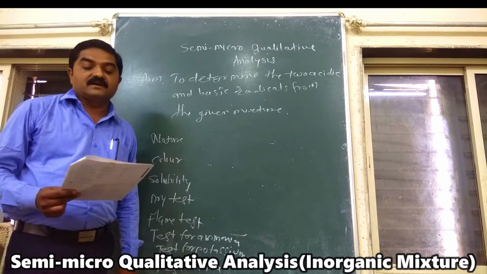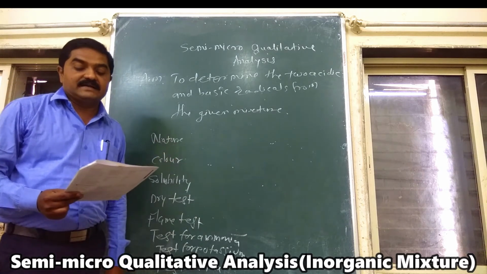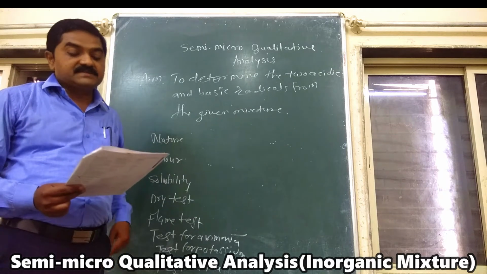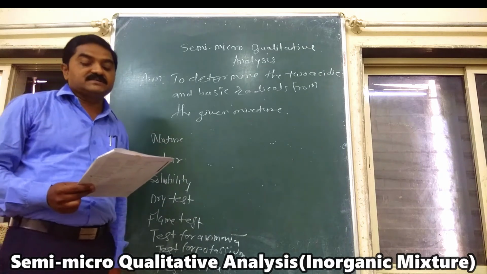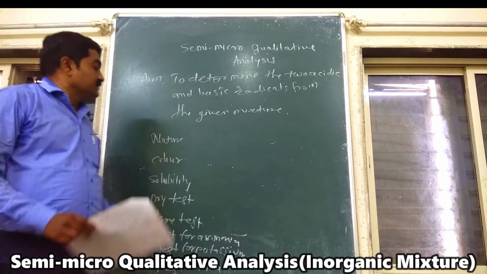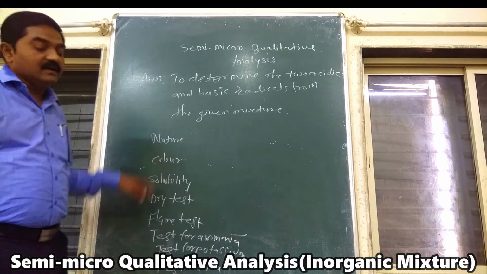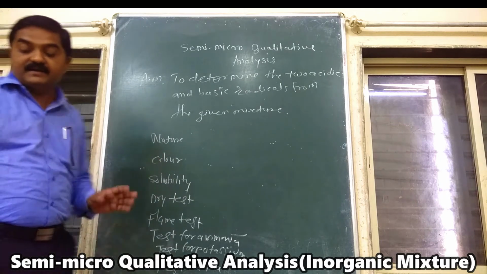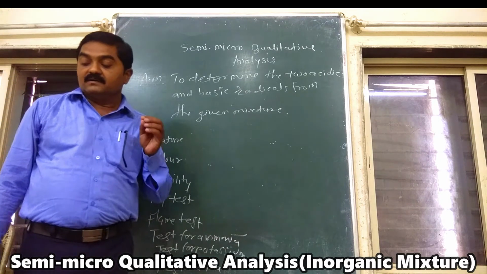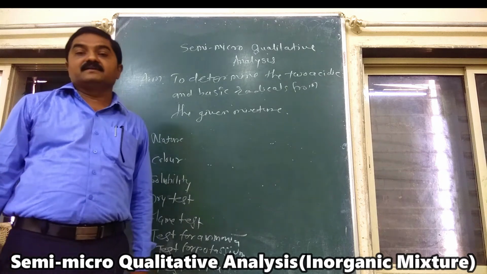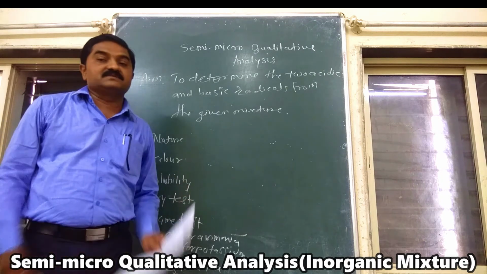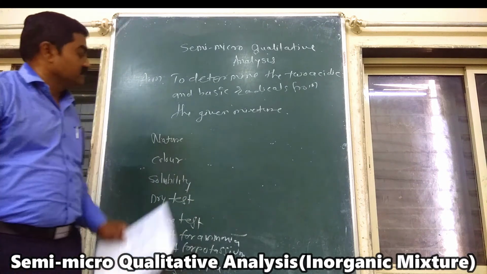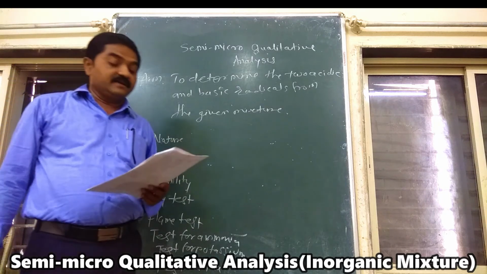In crystalline, chloride, bromide and iodide, nitrite and nitrate may be present, and in amorphous, carbonate and sulfide may be present here. Then we have to see the color. So for color, there are white, blue, pink and faint green. Here the elements are given. Then from this we have to determine which elements are present from the given color.